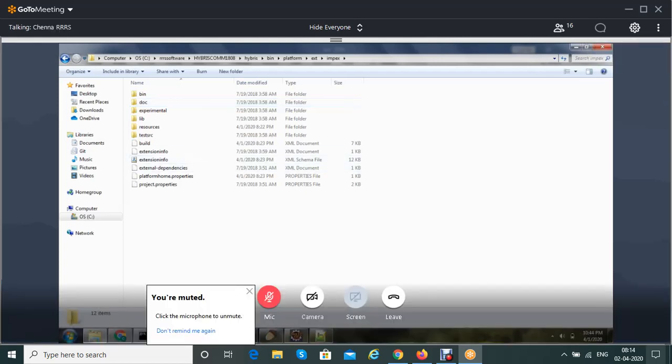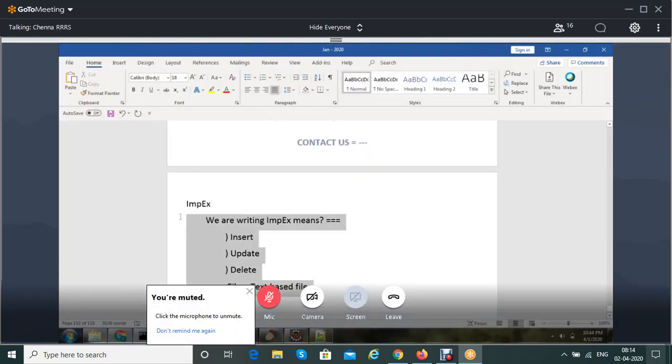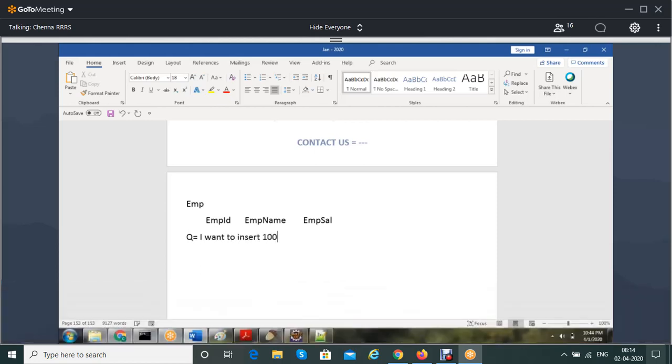Let's not worry about too many things. Let's say I have an employee table with the employee ID, the employee name and the employee salary, three columns. Now the question is, I want to insert 100 records into the employee table.